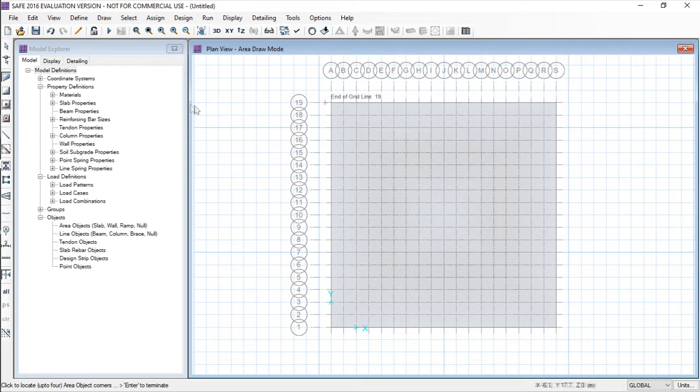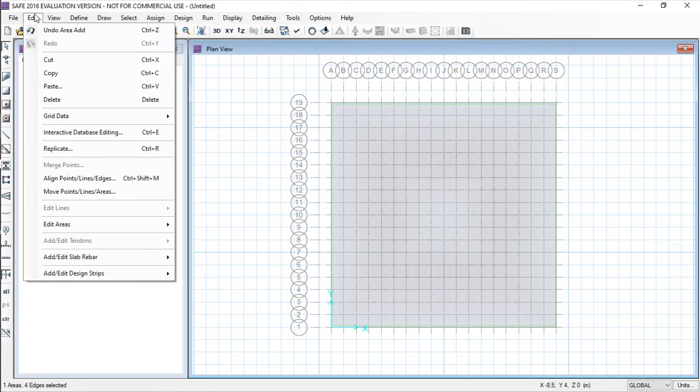Now we have to take an offset of 2 meters on both sides. So we have to enlarge this at an offset of 2 meters. Just select it. We can ensure from here that a green dotted line is created, and otherwise we can also ensure from here, 1 area, 4 edges selected.